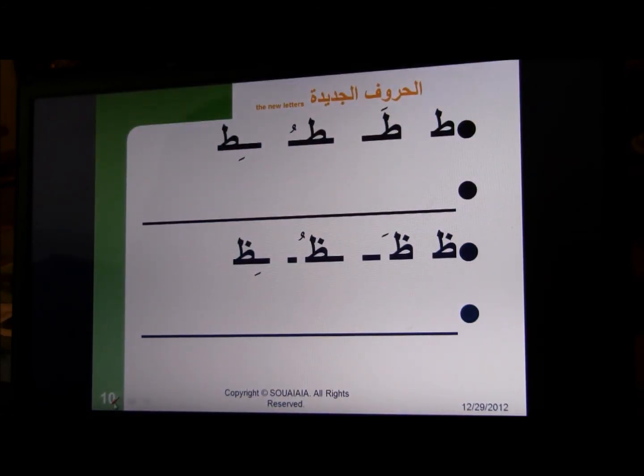Let's make the short vowels in association with it, so ta, tu, ti. And this tells you that it connects left and right. So let's put a sin. Se, ta, shat. Sada shat. Same thing with the dod,